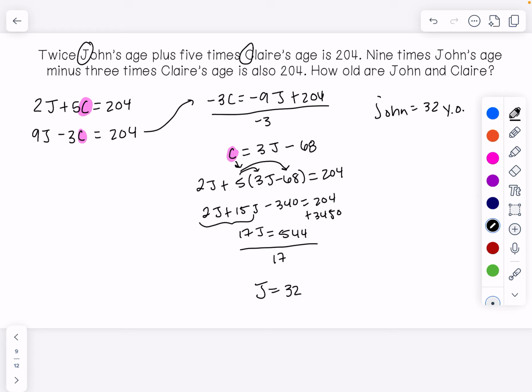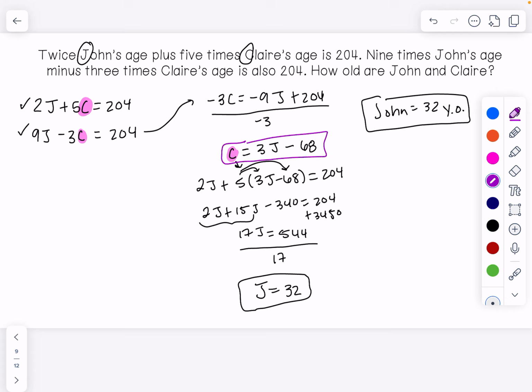Now to finish this, however, I still have to find Claire. You can substitute J back into your first equation or your second equation. I personally like to substitute it back into the one that I created along the way that already has C isolated. So I'm going to say 3 times John's age of 32 minus 68 is going to give me Claire. Well, 3 times 32 is 96, minus 68 equals Claire. So 96 minus 68 gives us that Claire